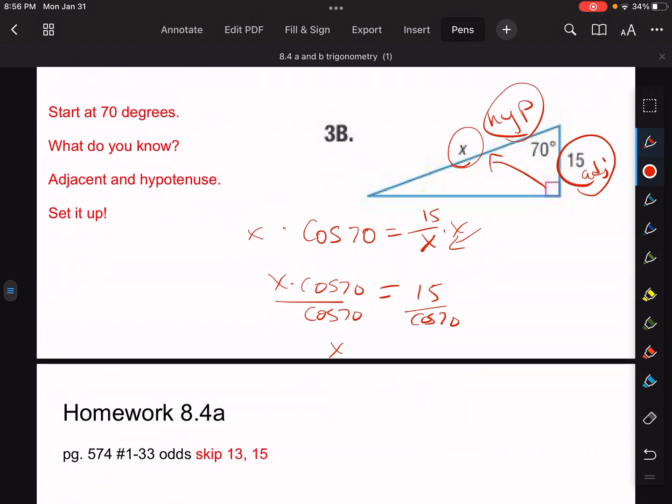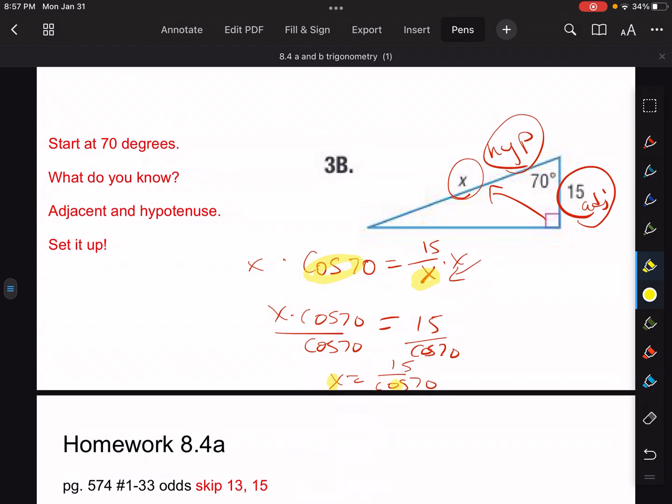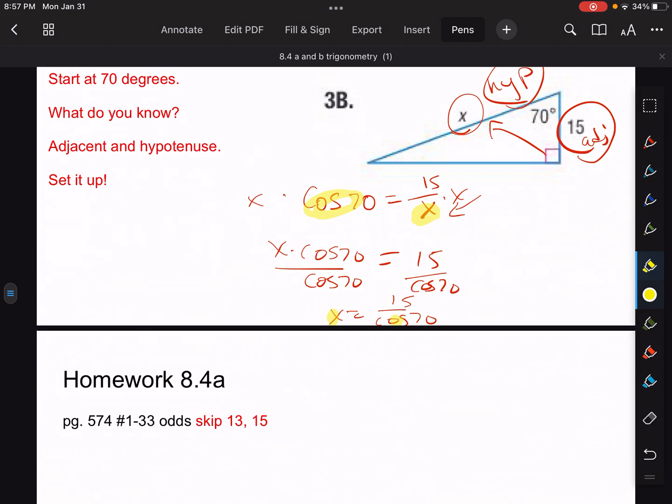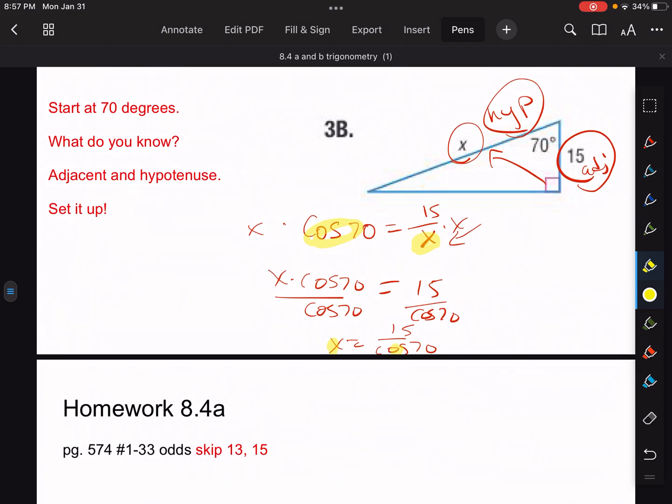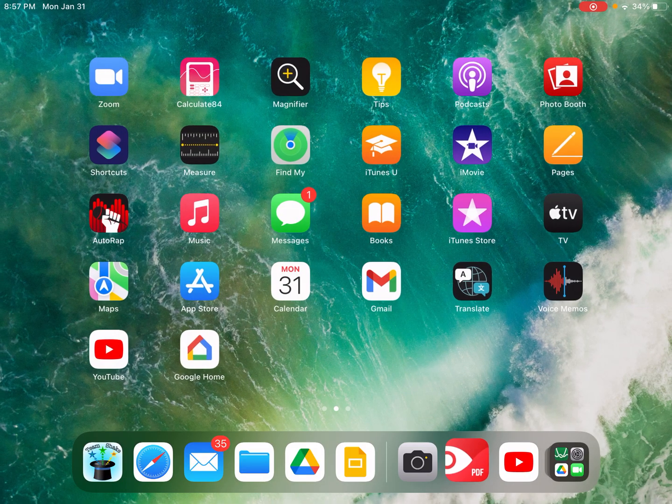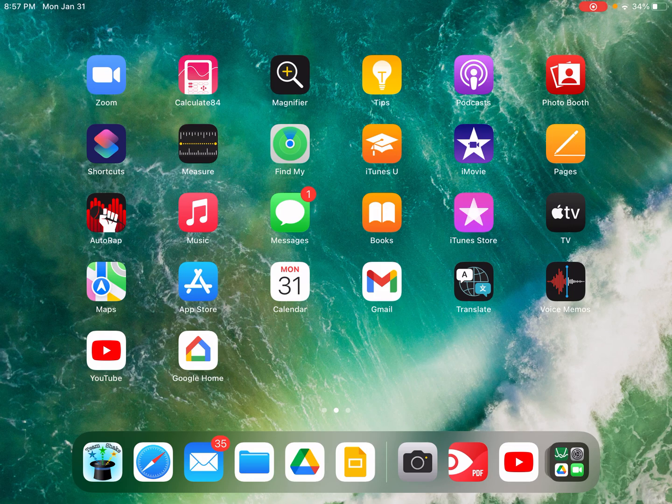All right, so I get x is equal to 15 over cosine of 70. The other thing you can do once you do that enough, you'll see that these two things just switch whenever that happens. Okay, so they switched places there. And if you end up doing that on your calculators, let's just go ahead and do it. Take 15 and divide it by the cosine of 70 degrees. So if we do that on our calculator here,